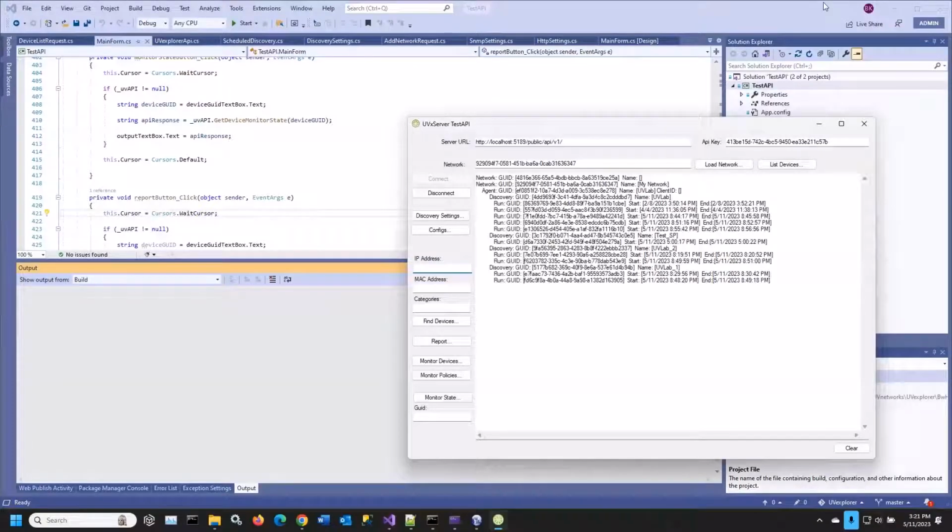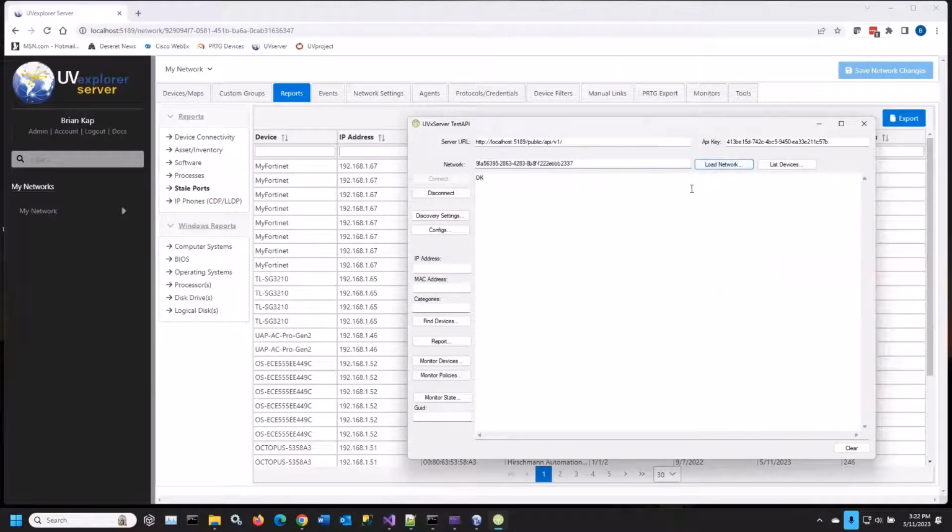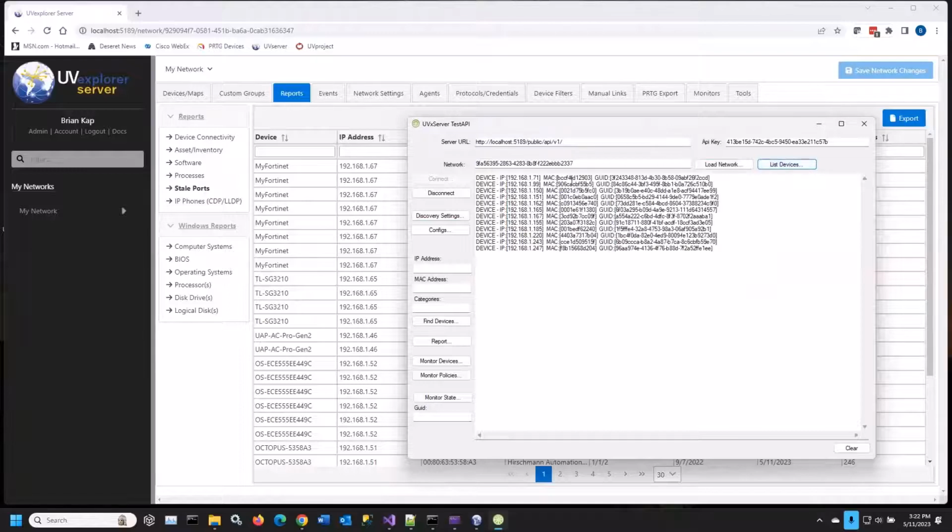I can go ahead and connect to my network right here, and you can see I can list all the networks, all their discoveries, and when they were done. I can even indicate, for example, if I wanted to go to this specific network right here, this is just a simple example, but I can load this network. I can list the devices,